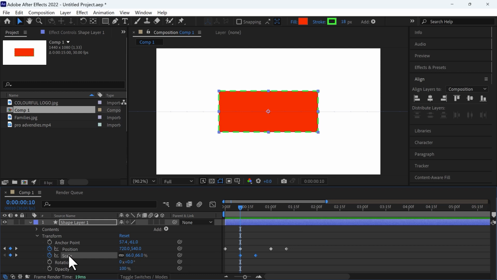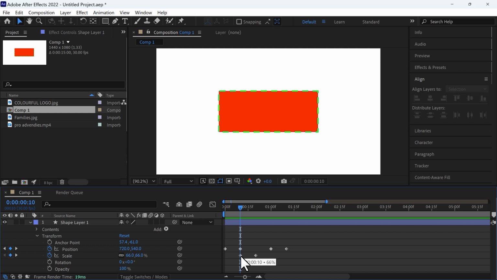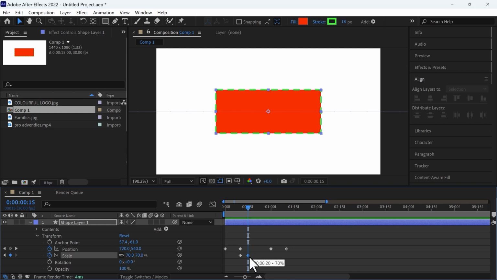So on our scale property here, I'm going to move 5 keyframes to the right. From this starting keyframe here, I will hold Control and press the right arrow key 5 times. So I'm holding down Control, so I'll move 1, 2, 3, 4, 5. And I move this keyframe to this point here. We are going to move 5 frames to the right,